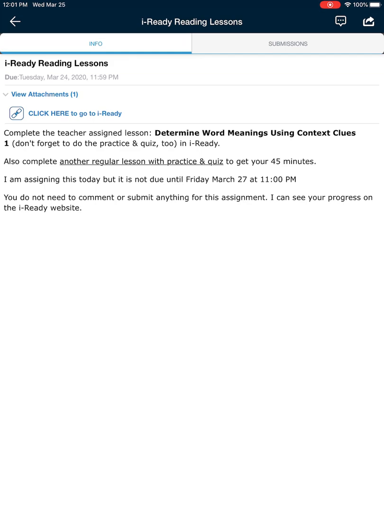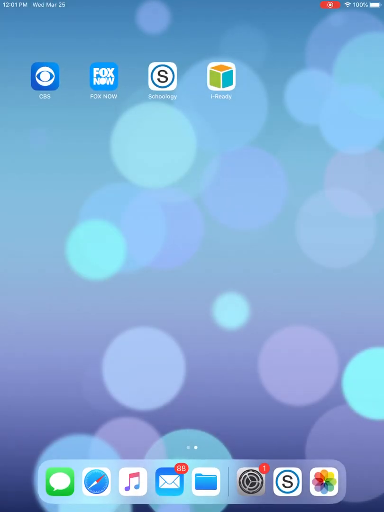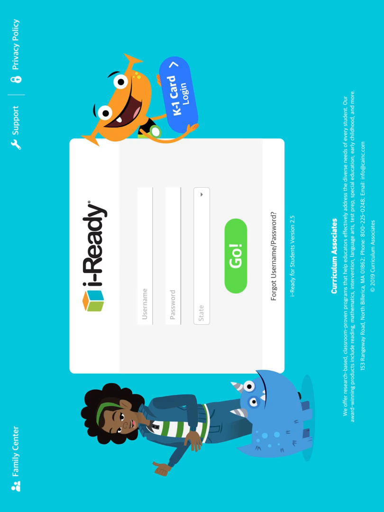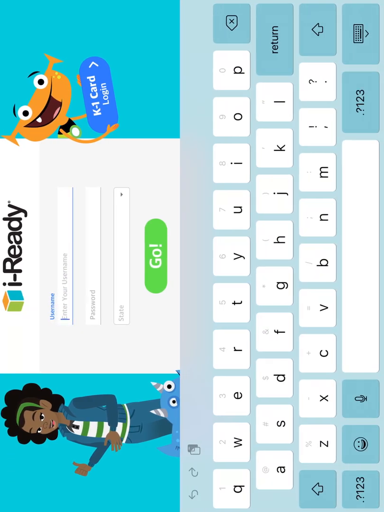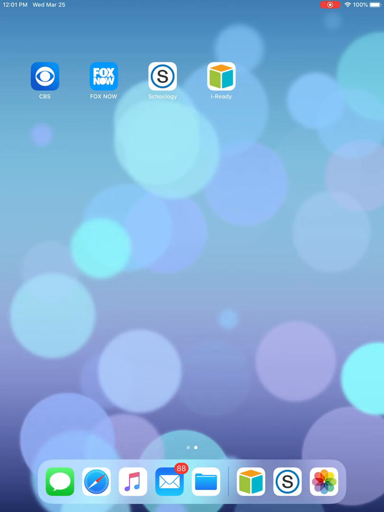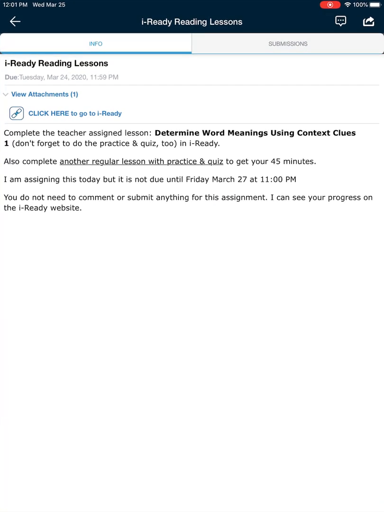However, that's for the students who are using computers or laptops. In order to do iReady on an iPad, you have to download the iReady app. So it looks like this right here, and it will come up, and then the students just log in with their username and password. They're really good at doing this because we do this in school twice a week. So they would just log into iReady on there, complete their 45 minutes of instruction, and then once they've done